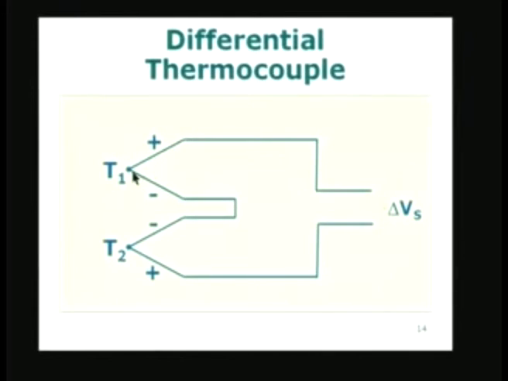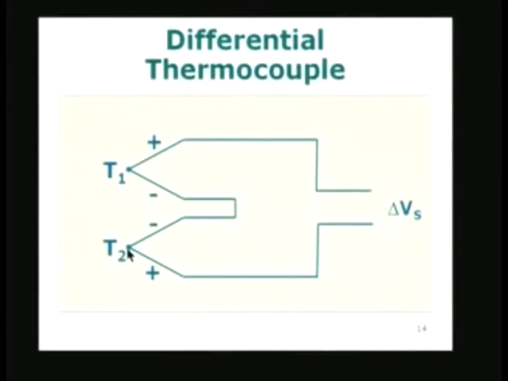Suppose I have a fluid flowing through a tube and it is losing heat, let us say. It is entering at temperature T1 and after going through a certain length of the pipe, it is going to come out with a temperature T2 which is very close to T1. That means that maybe 2 or 3 degrees variation is there. I can measure it in two different ways. One is I can measure T1 separately by using the thermocouple and a reference junction. I can similarly measure T2 separately using a reference junction at its point and this measuring junction. Now, I get two values from the table, one corresponding to this temperature, the other corresponding to this temperature. Then I have to take the difference between these two quantities.